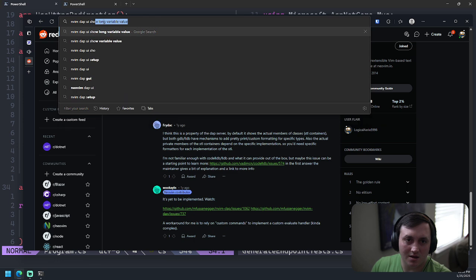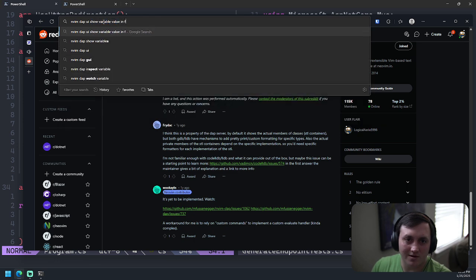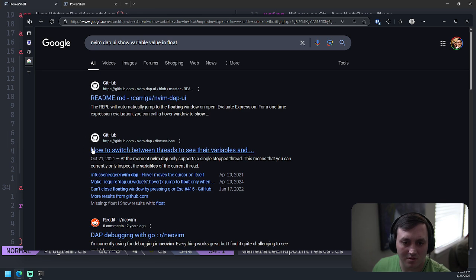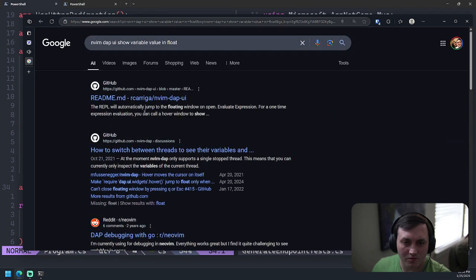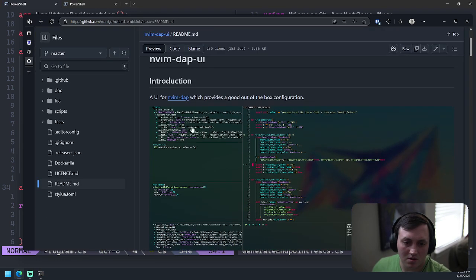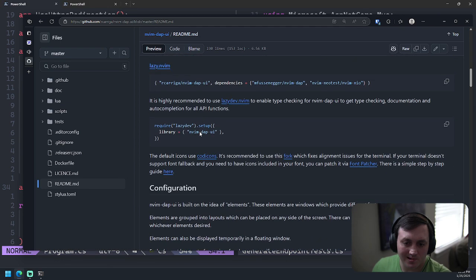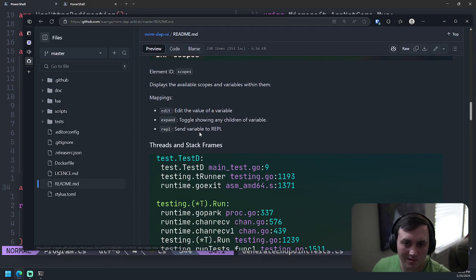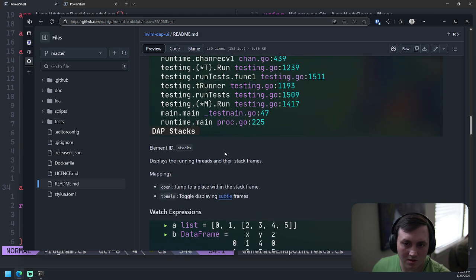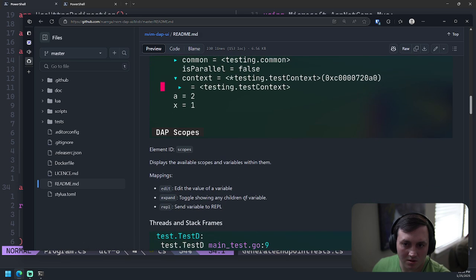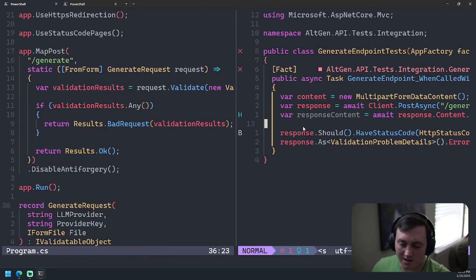In nvim dap UI, show variable value in float. Edit it? Okay, so maybe I can edit it.